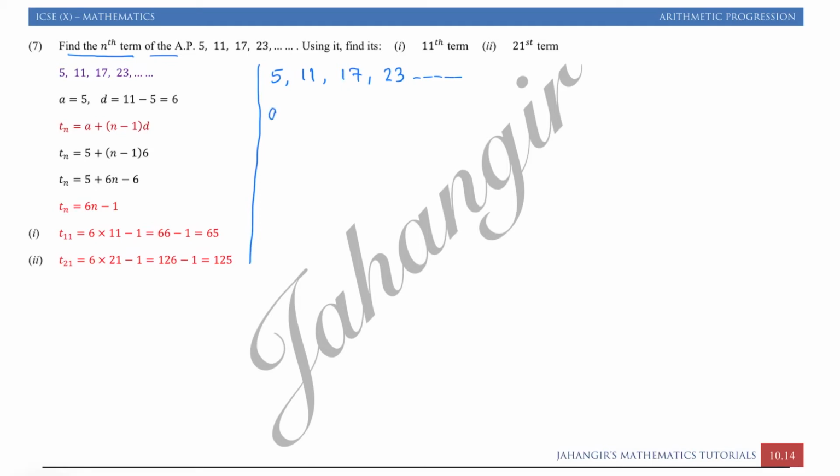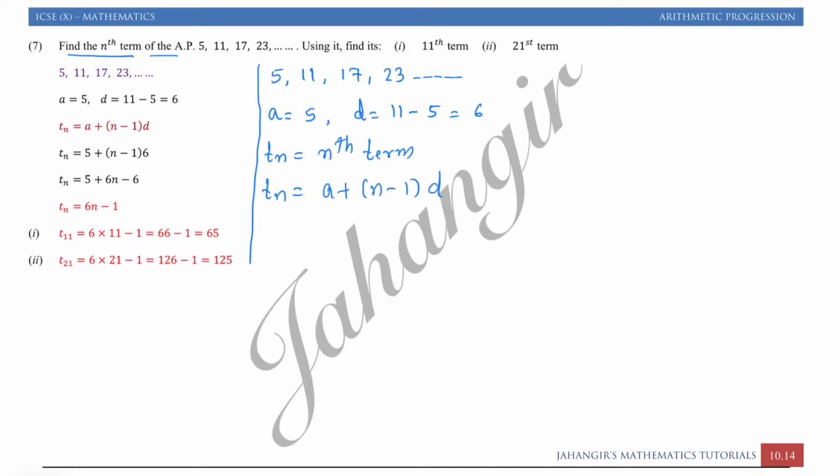Here you have to find the nth term. So for that first we will write A is equal to 5, D is equal to 11 minus 5, that is second term minus first term. Don't make the mistake of finding D as first term minus second term. Do not make the mistake. Just keep it in mind. The difference is always second term minus first term. That is 6. Now the first part, we have to find the nth term, that is Tn. Tn is called the nth term. So therefore I can write Tn is equal to A plus n minus 1 into D.